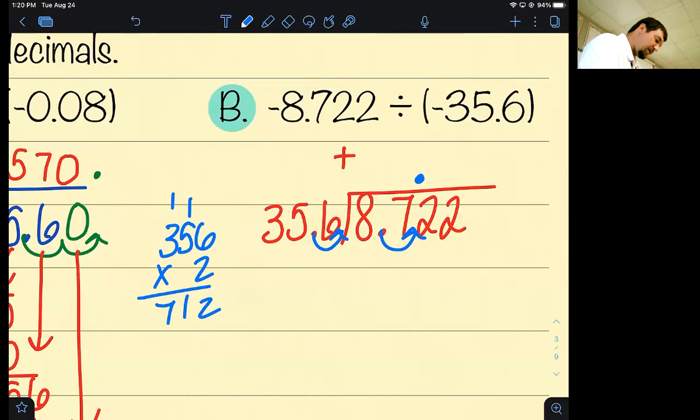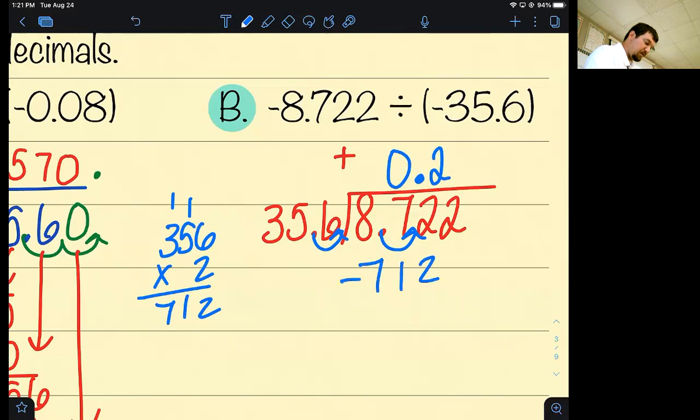And because I went into okay, sorry. So I should have asked you how many times it goes into 8. You would have said 0. I should have asked you how many times 356 goes into 87. You would have said still 0. So I guess I'll put a 0 right there to just remind myself to check that. Now we'll put the 2 right here, right above the 2 in the 872, and then I'll put the 712